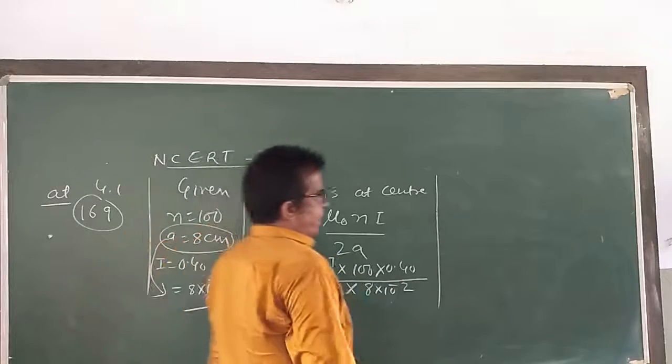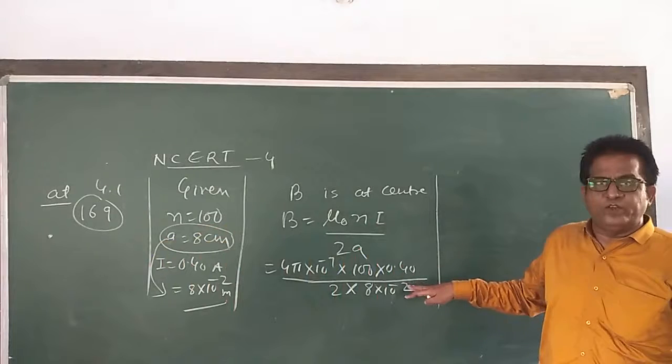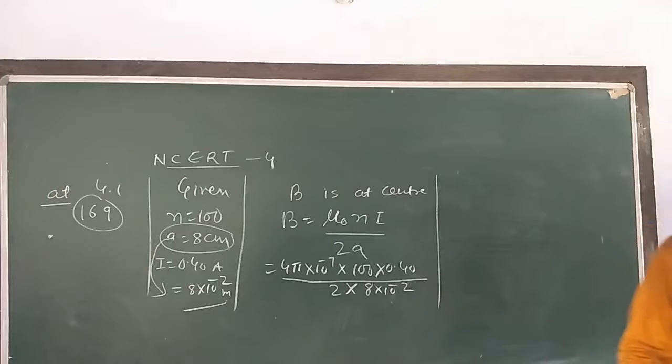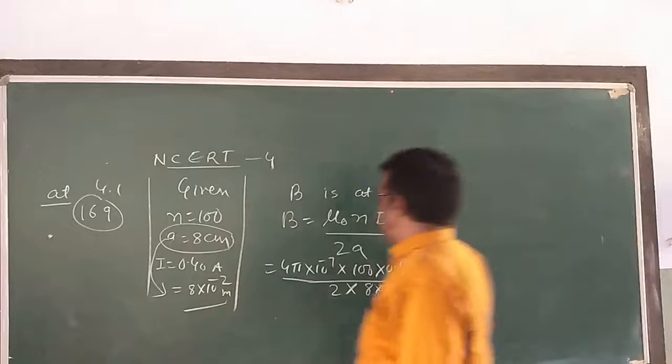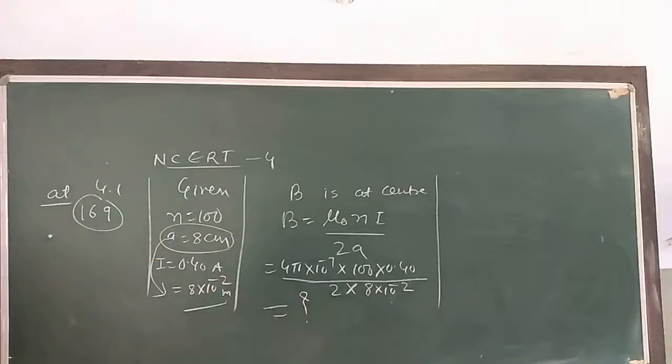Now the important part is how much time you are taking in solving the calculation. Solve it, what are you getting here? Here we are getting pi into 10 raised to power minus 6 Tesla. Or calculate it, you will get the result here. This is our question number 1. 2, 3, 4, 5, all are very easy questions, my dear children.